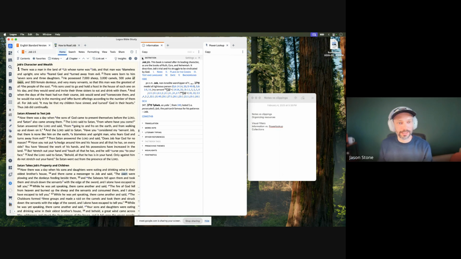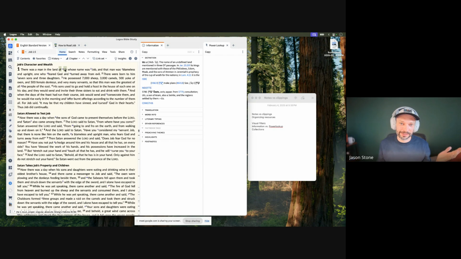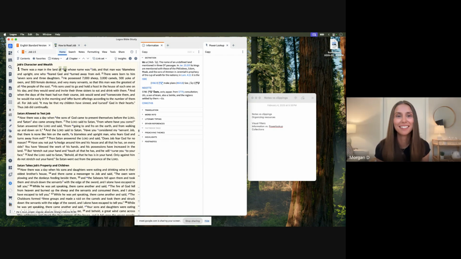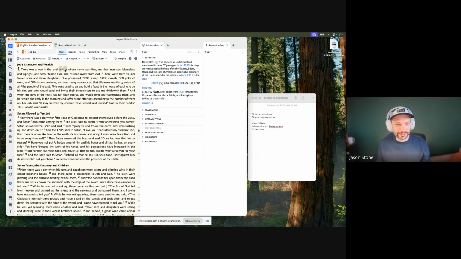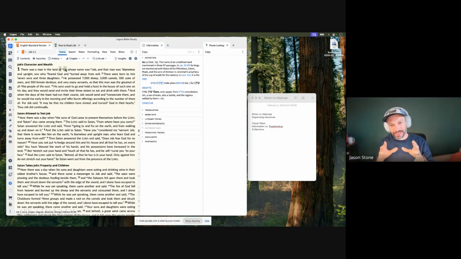So information is going to give you information on that particular word without the context. So if I'm reading Job 1 and I don't know who, I'm going to say it wrong, Uz or Ooze. Do you know? I don't know. So let's just say we don't know anything about the land of Uz. Someone in the comments should tell me how to say it, but that doesn't work either. So anyways, if I click on it, it's a non-contextualized definition right here.